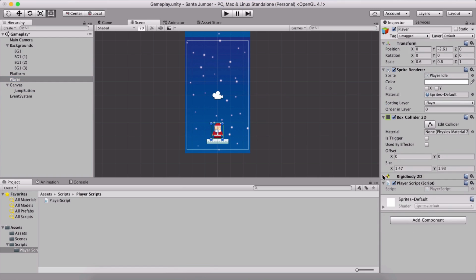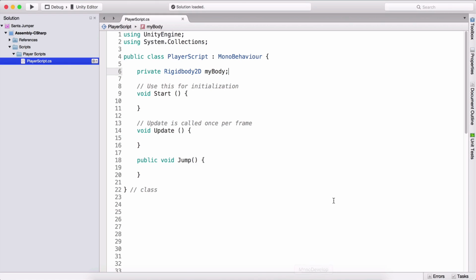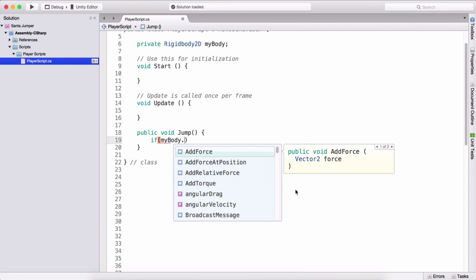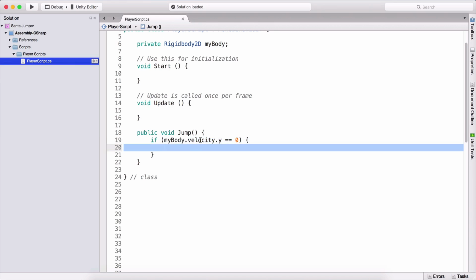So the rigid body is the one who is actually applying physics to a game object that it is attached to. So I'm going to take here the rigid body, and I'm going to say if myBody.velocity.y is equal to 0, meaning our player is standing still. So when the velocity is equal to 0, the player is standing still,